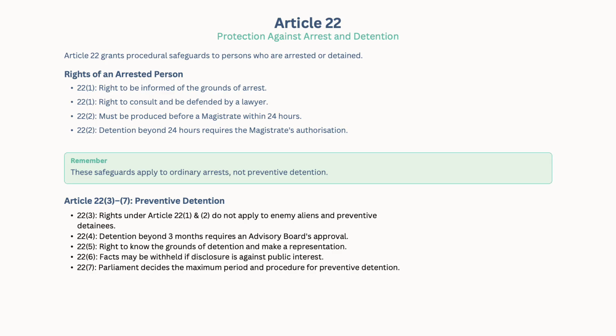Is that clear? So these are protections given to you in case you were arrested by the police. You have the right to say to the police, I have the right to know why I was arrested. And you cannot keep me inside the jail for more than 24 hours. And if you decide to keep me inside the jail for more than 24 hours, please accord a signature from the magistrate and show it to me. You can say that to the police officer.